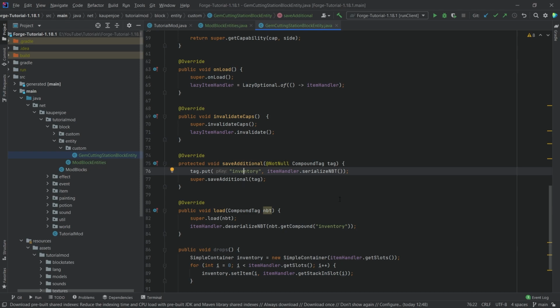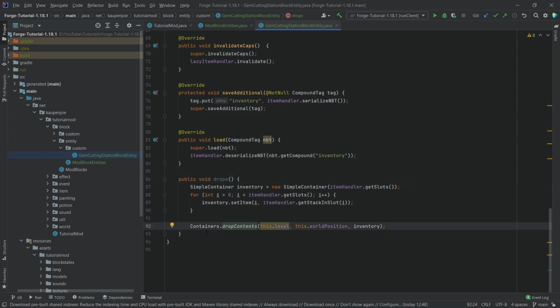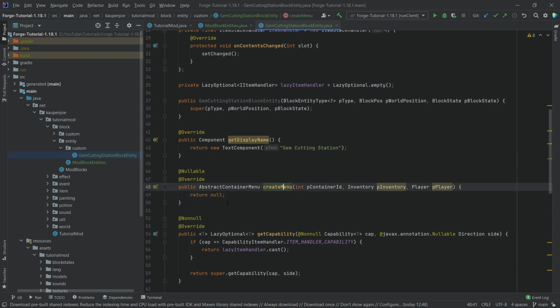So this is needed for when exiting the world and then entering back into it, so that everything here works fine. The drops right here is just going to basically drop all of the contents into the world, and we're going to be calling this via the block actually when we destroy the block, but that's going to be in just a little bit. Then what's also very important is that this null right here in the create menu method,